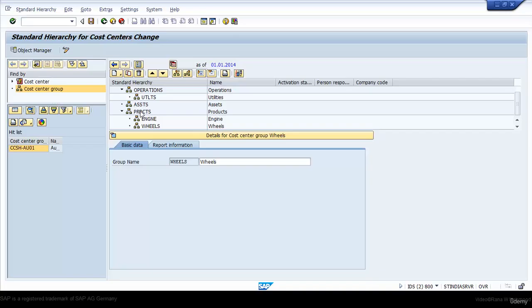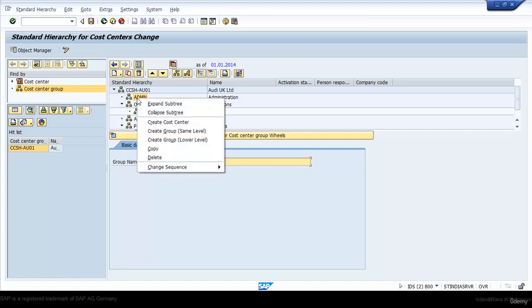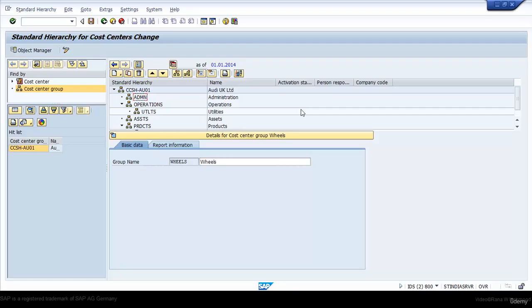So let's say administration. Under the administration I am going to create one more group, which is labor, and under that labor hours. But labor hours will not come in operations. Yeah, I thought they will also come in operations. Administration is the rent and utilities. No, utilities you told me under operations. Yeah, but utilities for the plant where the car is manufactured